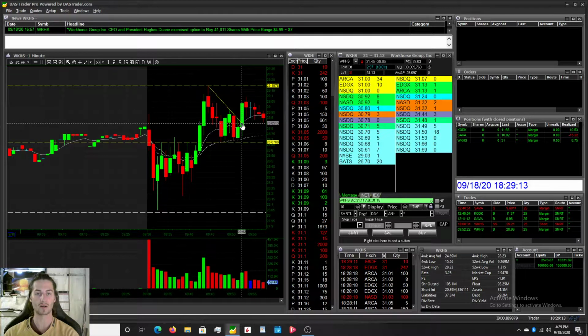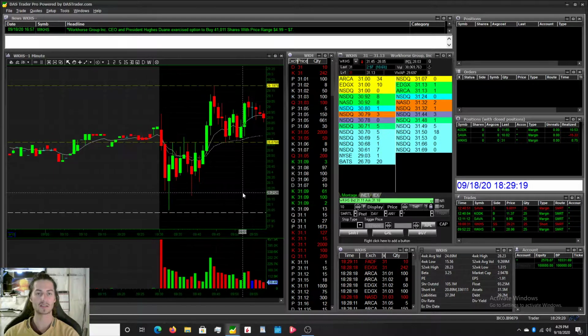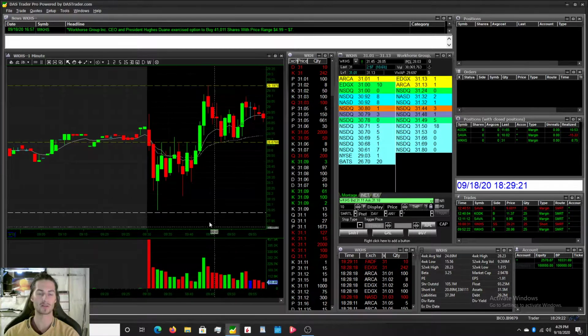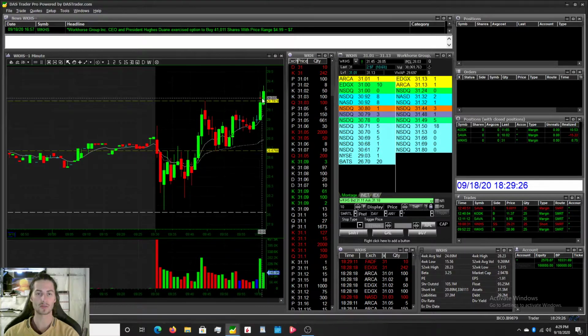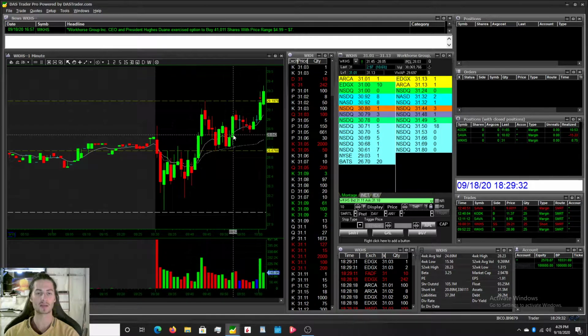So I entered in there on 25 shares. Still keeping share size small. You know, the market is not hot right now, so just reducing my downside. And then I just sold it there into that pop at the high of day. There's no point scaling out because I only had 25 shares, so it was just a little scalp trade